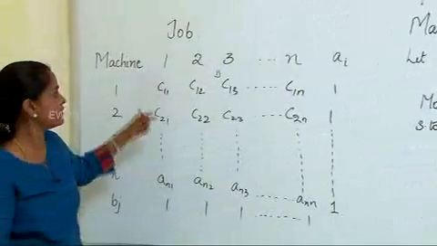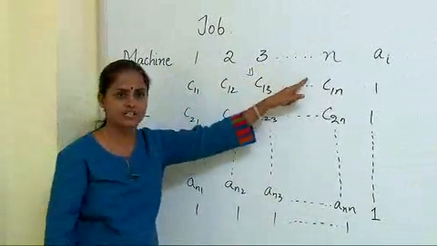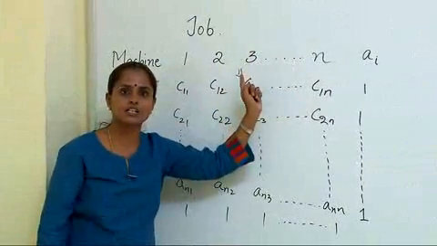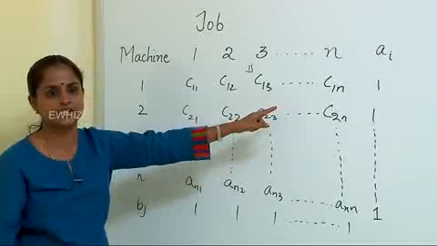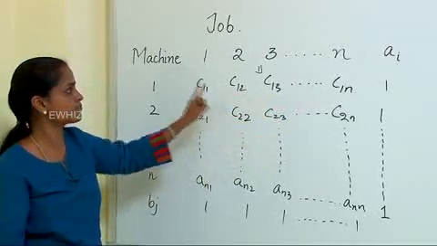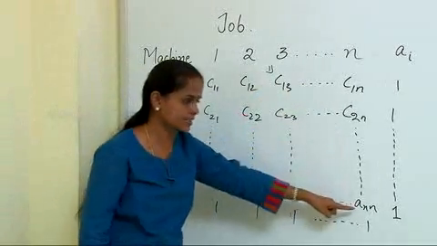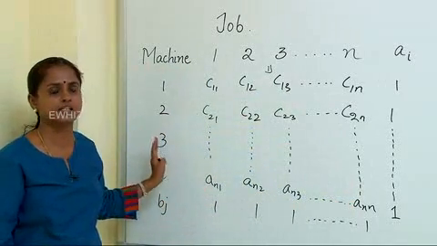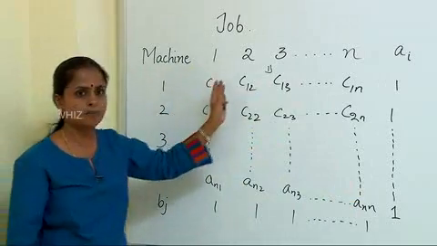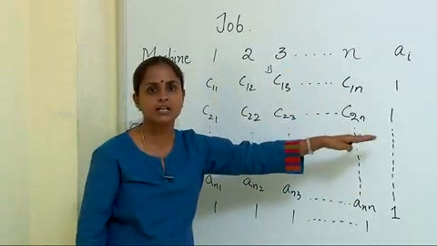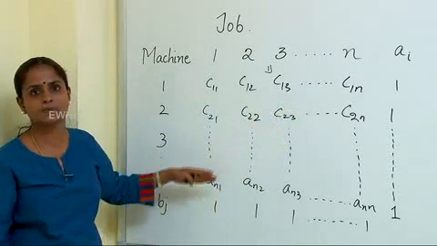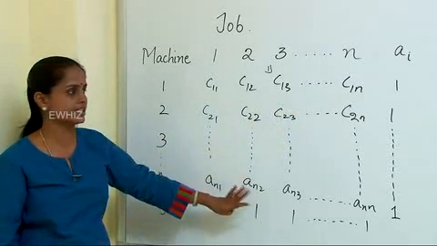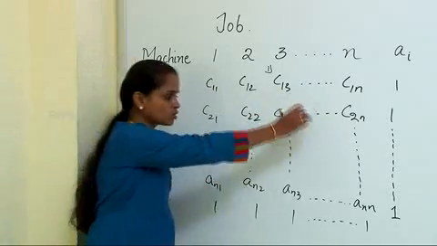In transportation table, we had different origin and different destination, but the number of origins need not tally with the number of destinations, whereas in assignment problem, it is always a square matrix in the sense that the number of tasks is equal to the number of facilities. The task I can call as job or sources or origin, and the facilities I can call as machines or persons or destinations. So you should always have a square matrix.